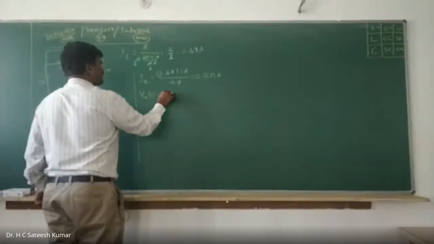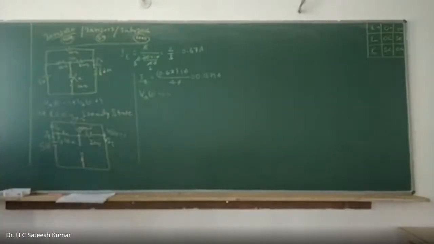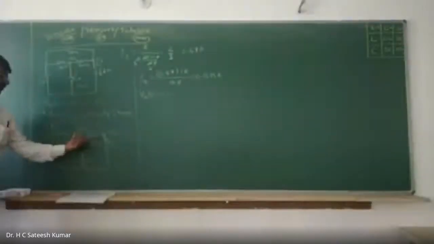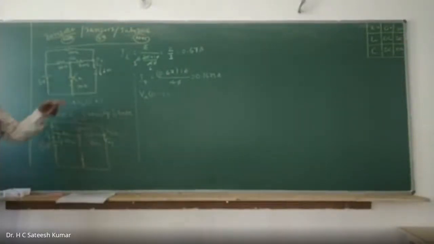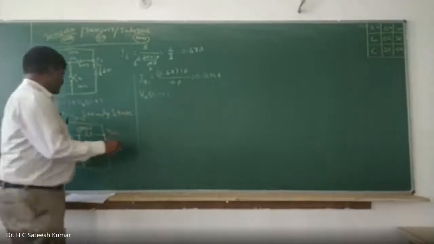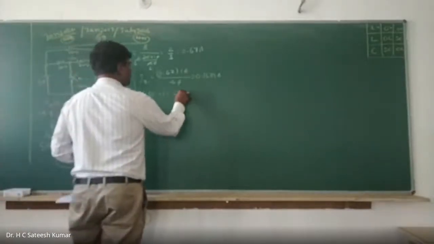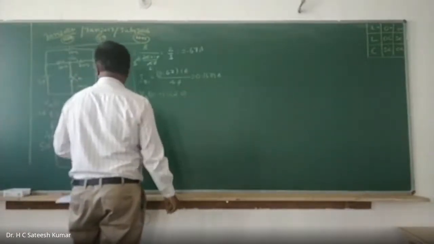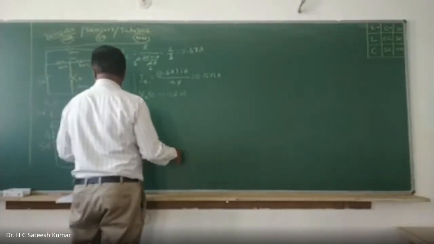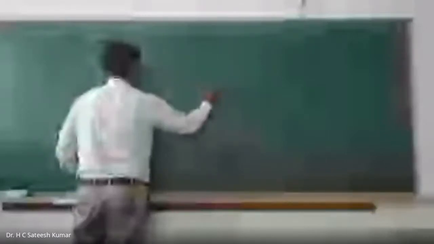Therefore, VA0 minus is equal to this voltage. Now you know this current. This voltage is nothing but, this is ground, right? This voltage is equal to this resistance into current. What is that current? 0.16. Therefore, VA0 minus is 20 into the current. V is equal to I into R. Resistance is what? 20 resistance. 0.1675. How much is that?